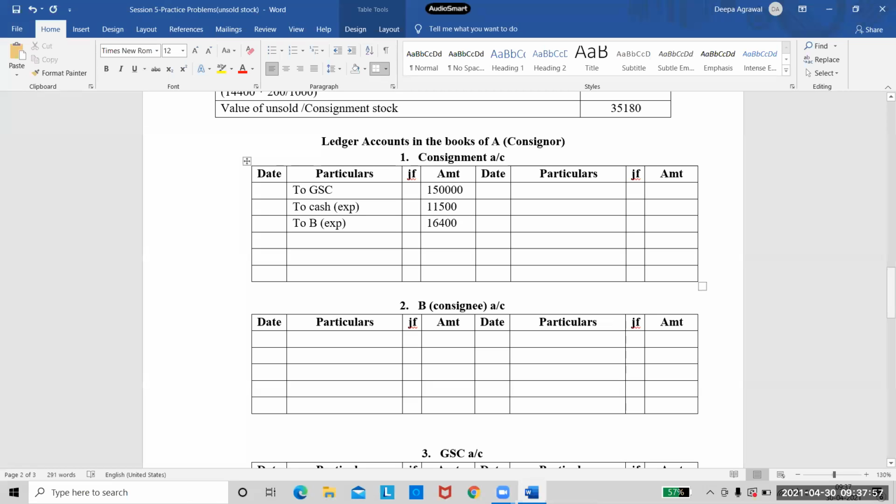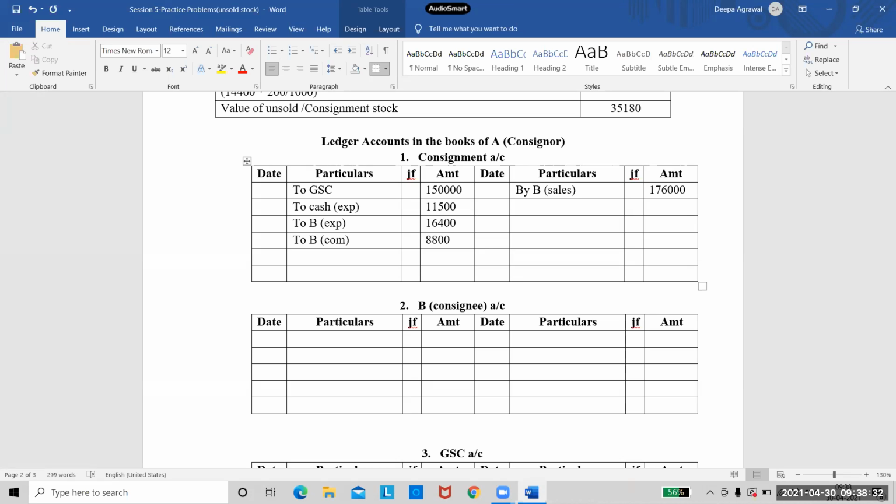Now the next step is sales. So come to the credit side. By B again in brackets sales. And sales, he said 800 goods into 220 each. So that comes to 1,76,000. After sales, we need to calculate B's commission. So come back to the debit side. Again, write as to B in brackets commission. And we have to calculate his commission. It would be 1,76,000 into 5%. So that comes to 8,800 is the commission of B.